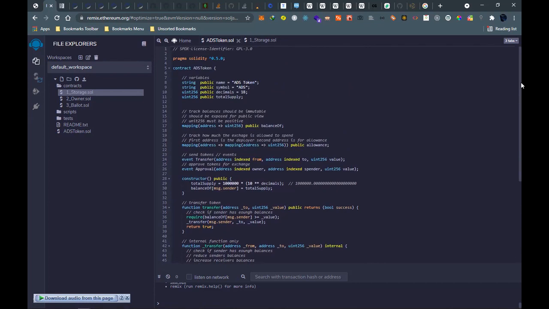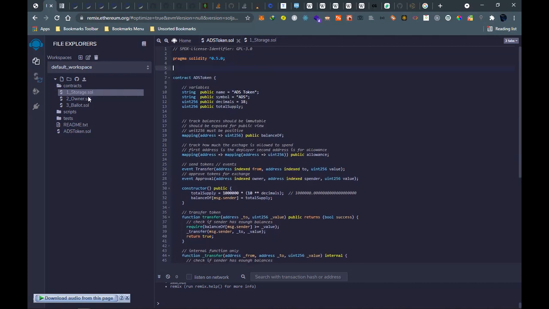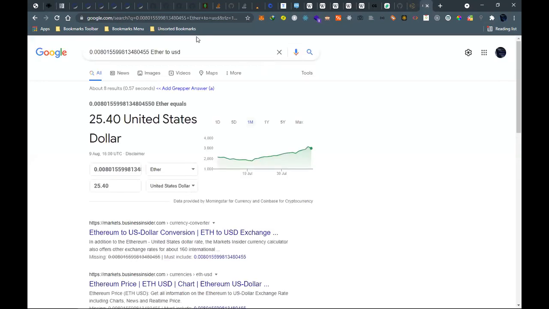The only thing which is missing is the SafeMath. So I'll import it from OpenZeppelin.